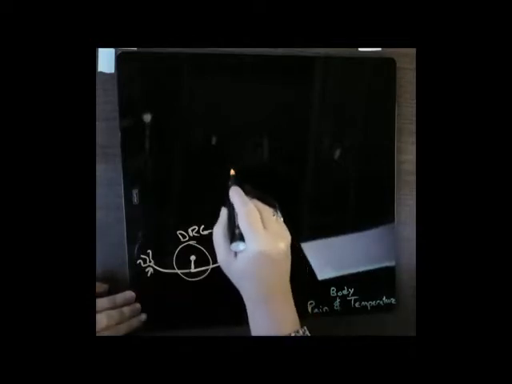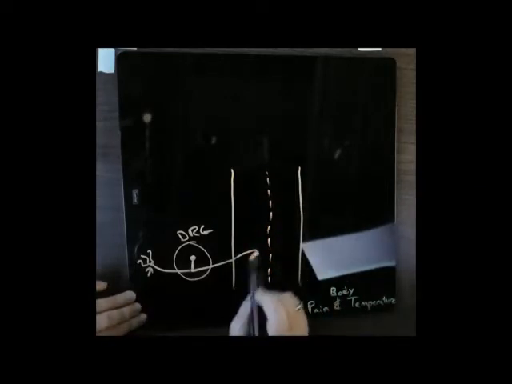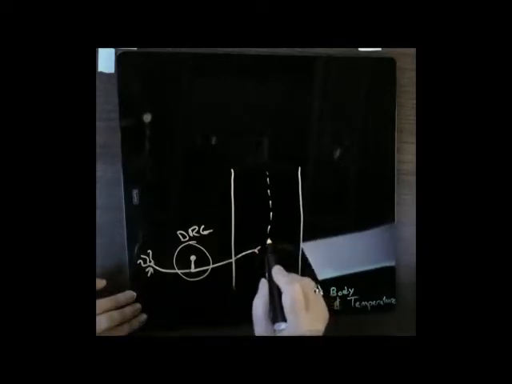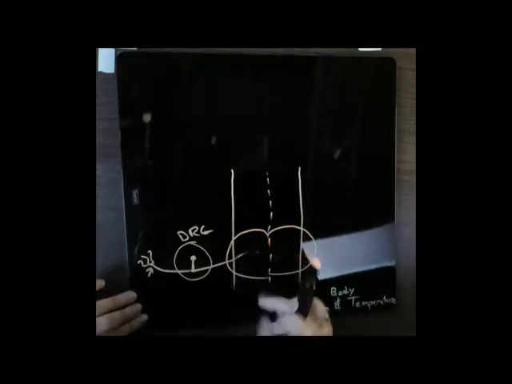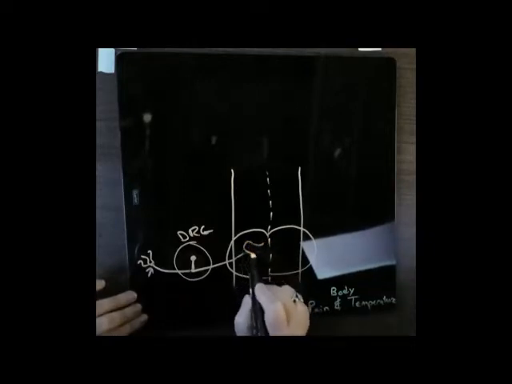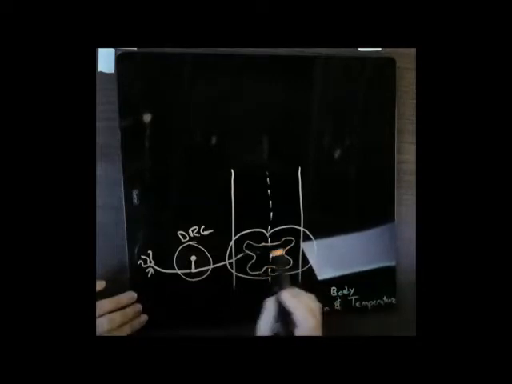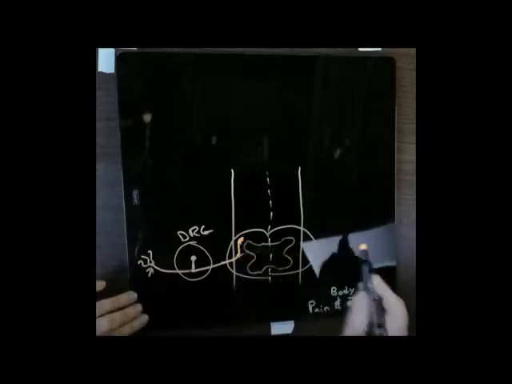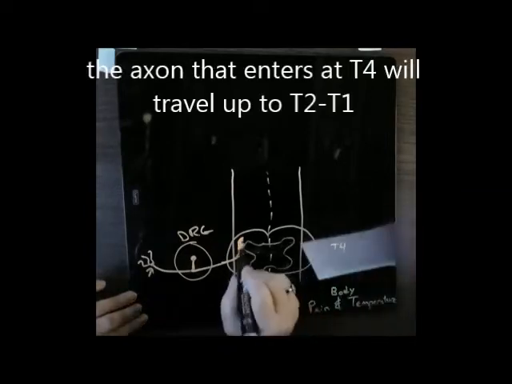Okay, so here's the spinal cord. So it's going to enter the spinal cord and then it's going to synapse there. Okay, and I will attempt to draw a spinal cord here. Okay, so it's going to enter, and it actually travels up within the spinal cord, okay? So if we were entering at T4, it's going to travel up a few levels, and it travels in this